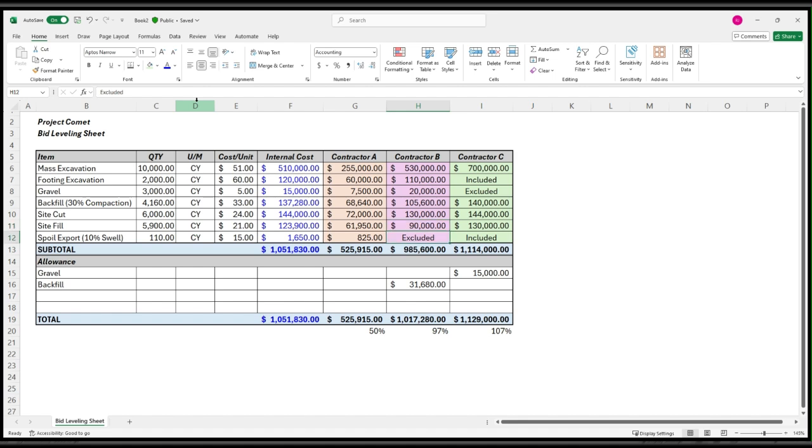And the last thing, they've excluded spoil export. And so we've got to include that. Something to keep in mind: if subcontractors have excluded things on their bids, we can't just put an allowance and call it good. We do have to make sure that somebody is able to pick up that work. And so hopefully we can convince contractor B, contractor C to pick up the scopes they've excluded. If not, we've got to go and find another contractor to pick up that work. And so